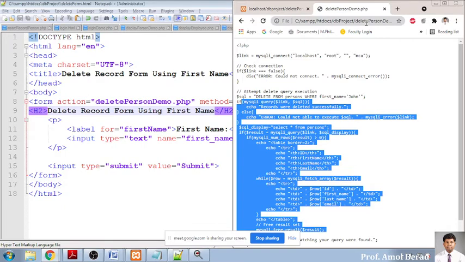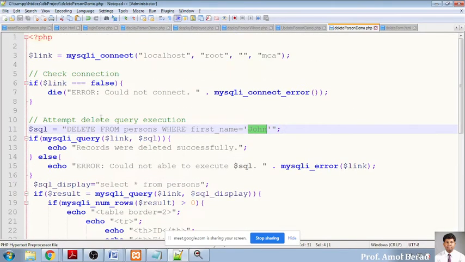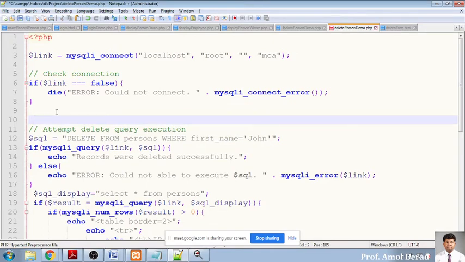So it is already calling this one. So how to fetch those values from this one? The name of the field is first name, so I am copying the name and let us move over here, as we discussed earlier. So how to retrieve those values? For delete, I am saying dollar